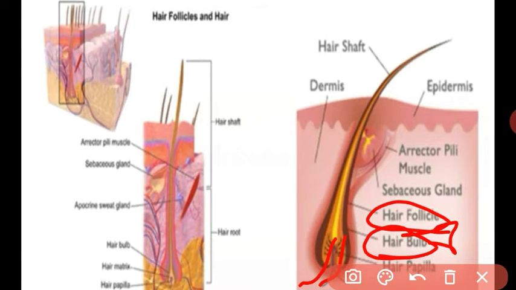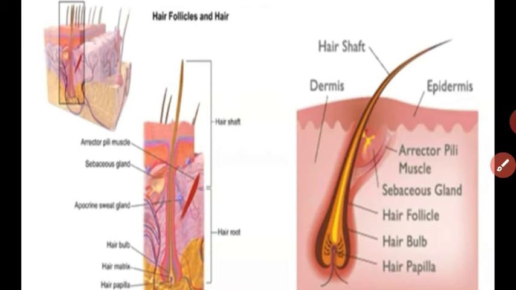The color of the hair is determined by the quantity of melanin pigment. In the last video I also explained that our skin gets its color from melanin pigment. Our hair also gets its color due to the melanin pigment. Got it, student? Now I will explain some conditions.